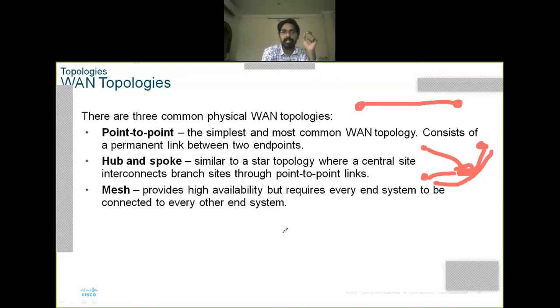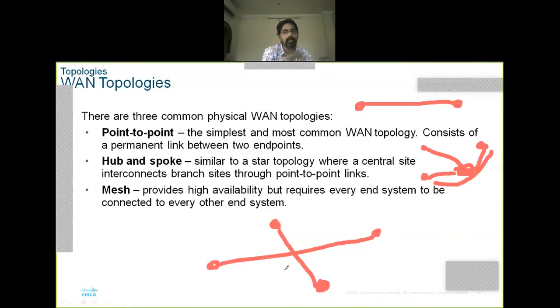Next, the last one is mesh. What is mesh? Suppose I have four systems or end devices like this. What is point to point? One system connected directly to another. This is called point to point. What is hub and spoke? We need a hub, an intermediary device, right?